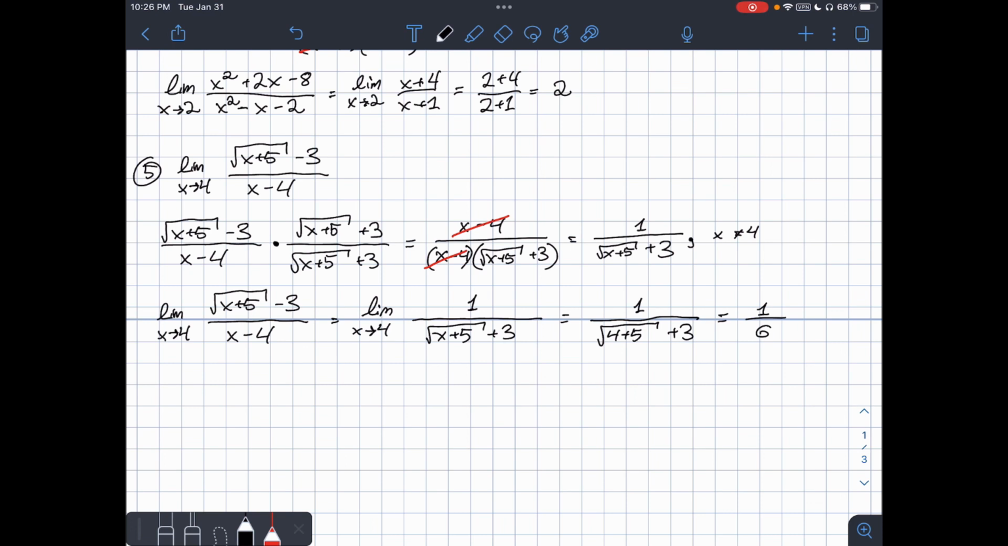There is one more technique called the squeeze theorem to find the limit when you can't find the limit by direct substitution, but we'll save that